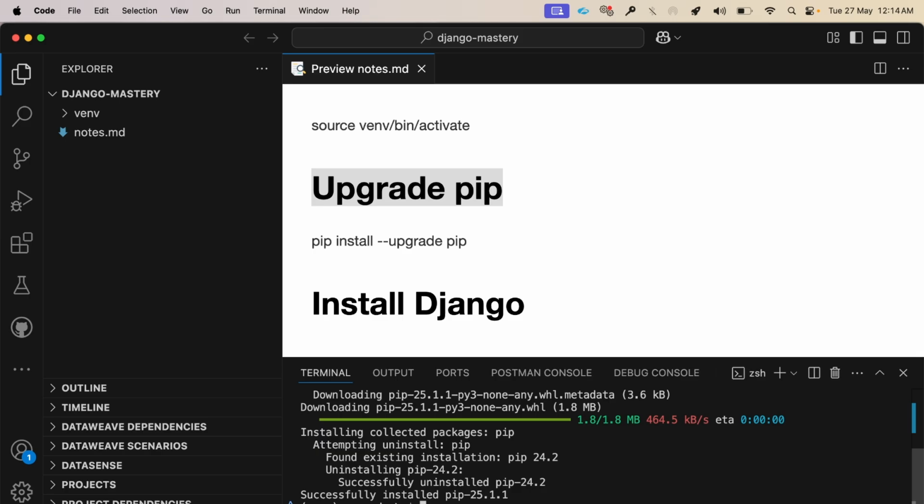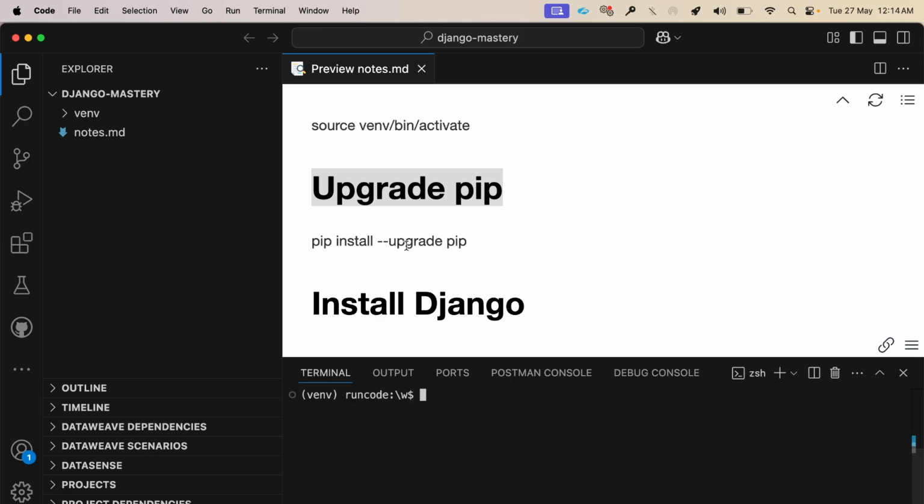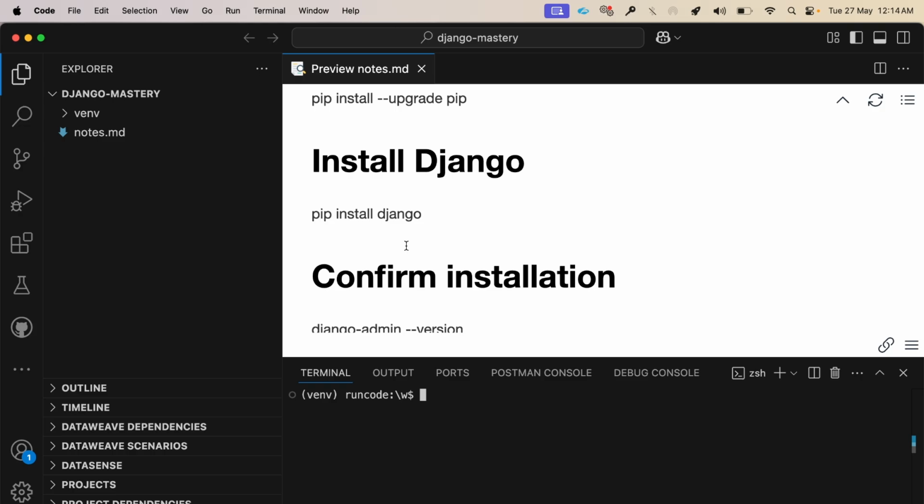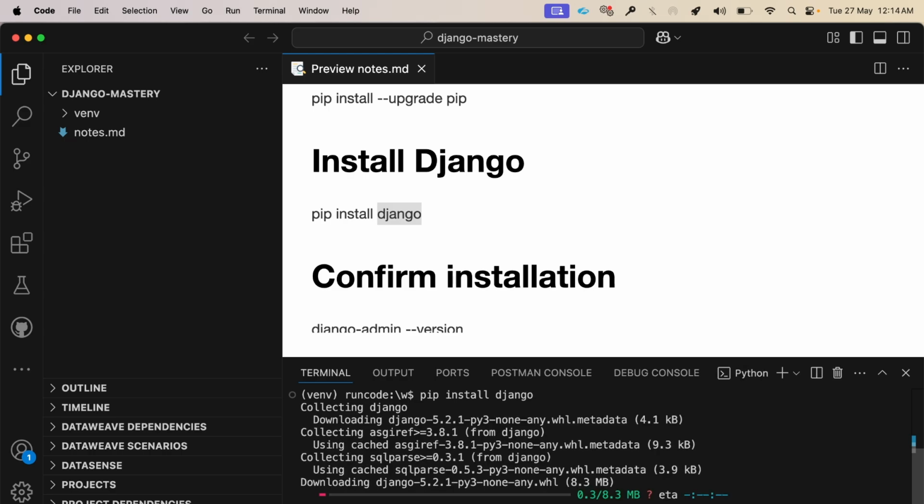Now once this is done, we can clear the console, and let's do the next thing, which is the main reason why we are doing all this, which is install Django. The installation process is very simple. Pip install Django. This is the package name. So let's write this command pip install Django. Hit enter, wait for some time, and this will install Django in your virtual environment. Now this step can take some time, guys. So you need to wait for some time. And once this